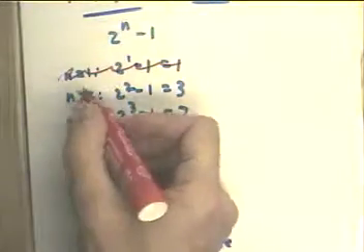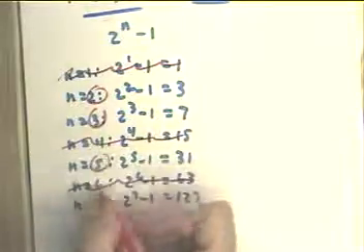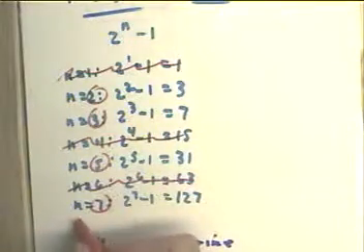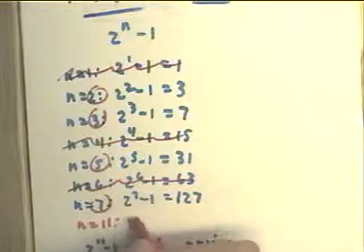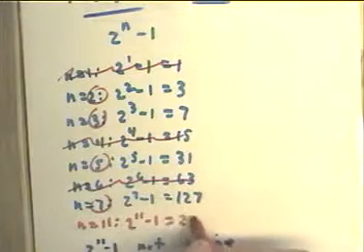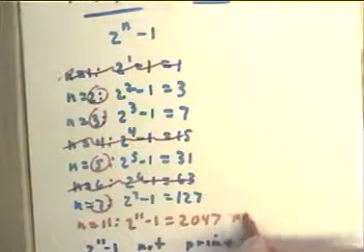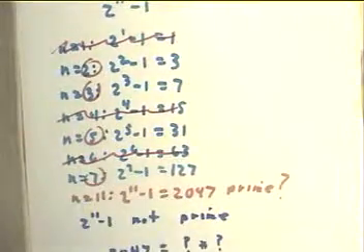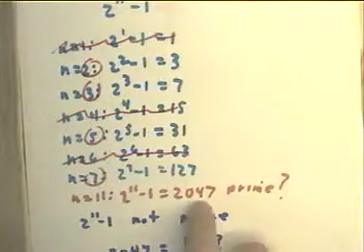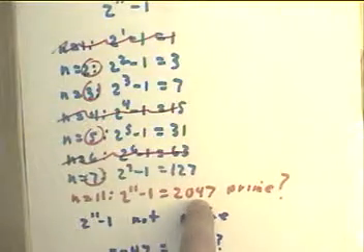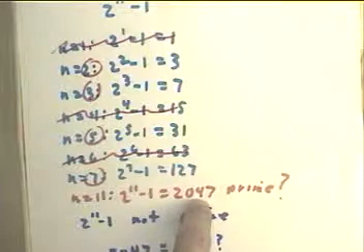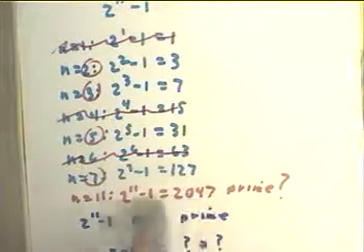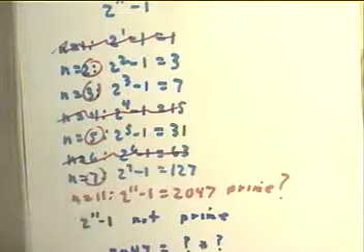is that when n is prime, 2, 3, 5, 7, is that prime? I think that's the first one that they found that wasn't prime, and it took them a while to prove that. I could be wrong about that, but it's a number. If it isn't n equals 11, then it's n equals 13. That doesn't give you a prime. However,